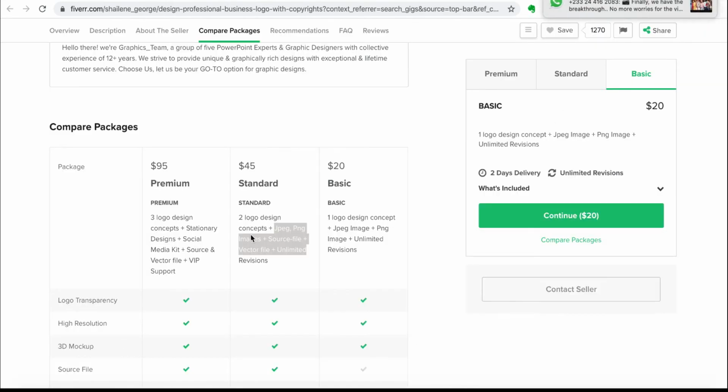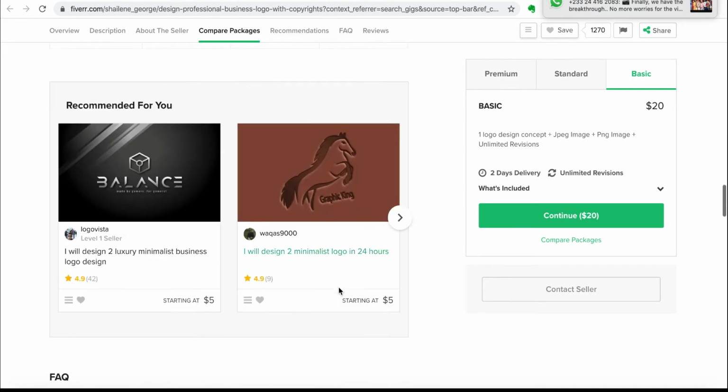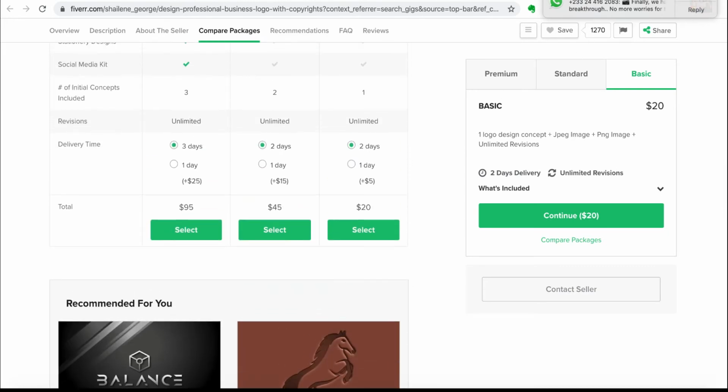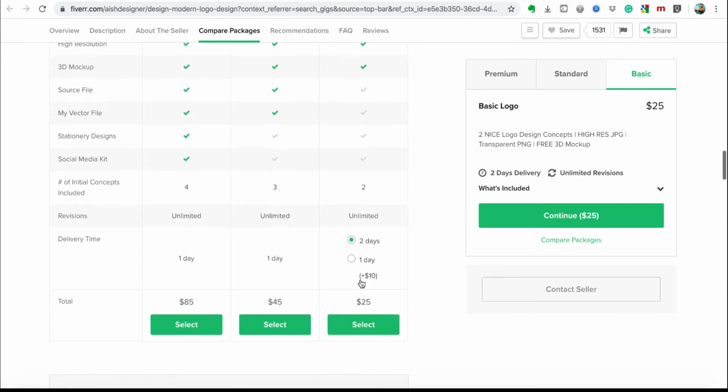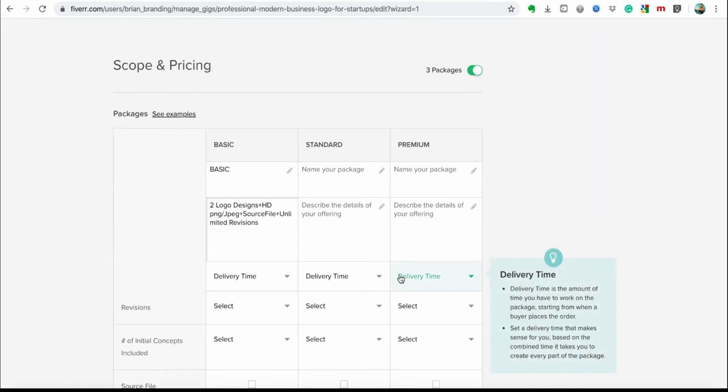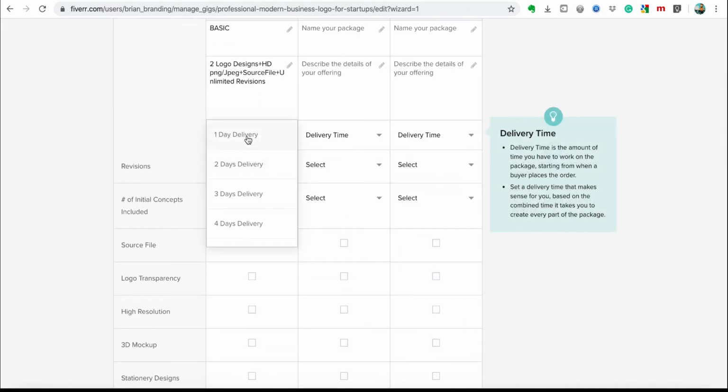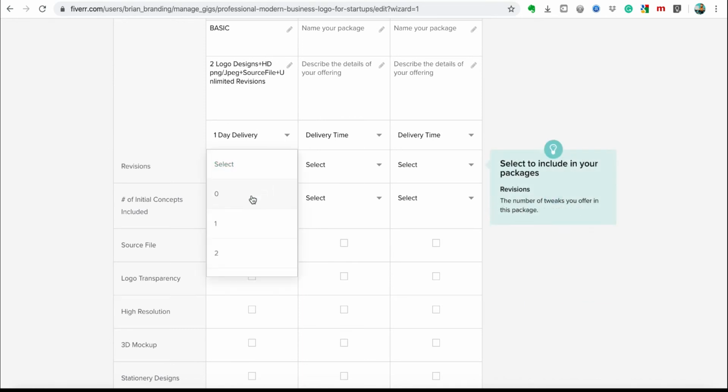So their delivery is what? 2 days. Revision is delivery is 2 days. So we would come and make ours delivery 1 day. Revisions